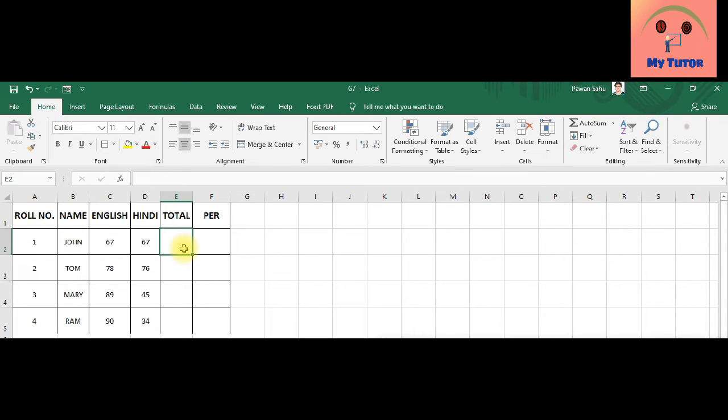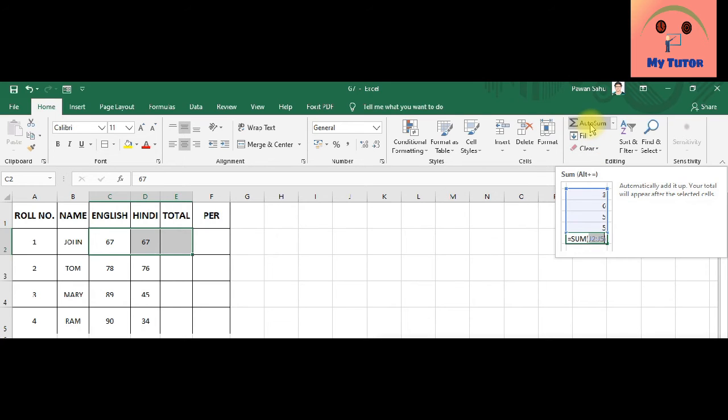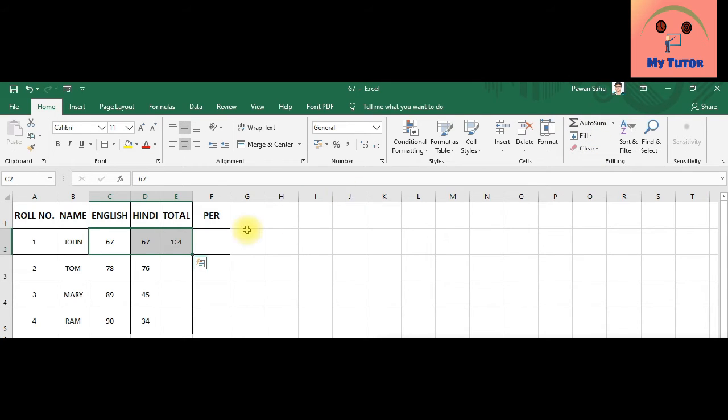Like if I want the sum of this and this in this total, I will select these two along with the total and then select auto sum. So this is the sum. You can see this is the formula auto applied by this function, and when we drag this formula downward, the formula will be applied to all the cells.